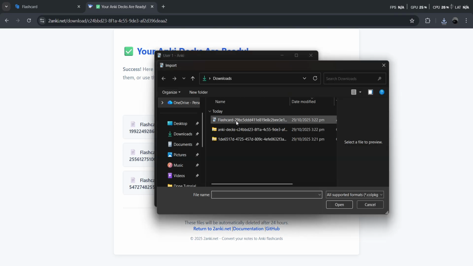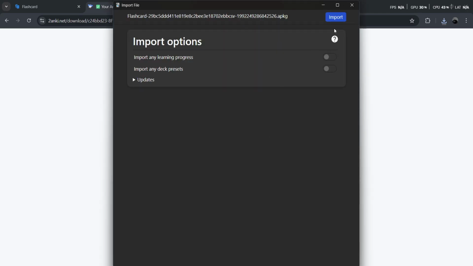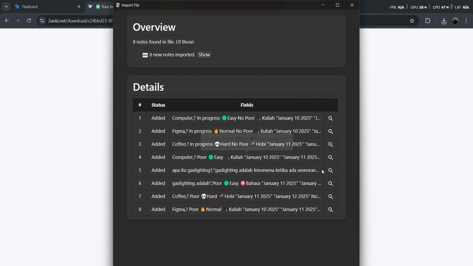Navigate to the downloaded .apkg file and select it. Anki will prompt you to confirm the import. Go ahead and confirm, and your new flashcards will be seamlessly added to your existing deck without disrupting the cards you already